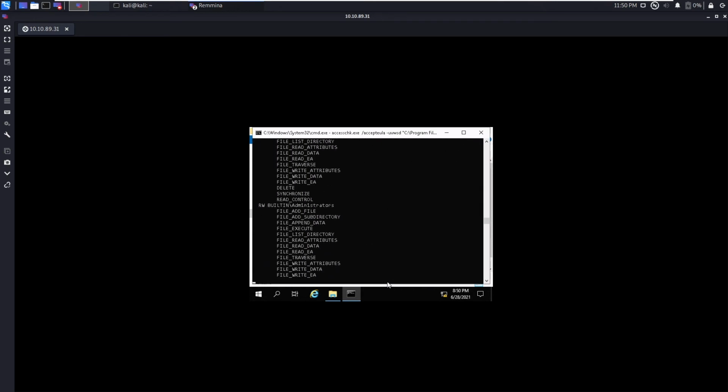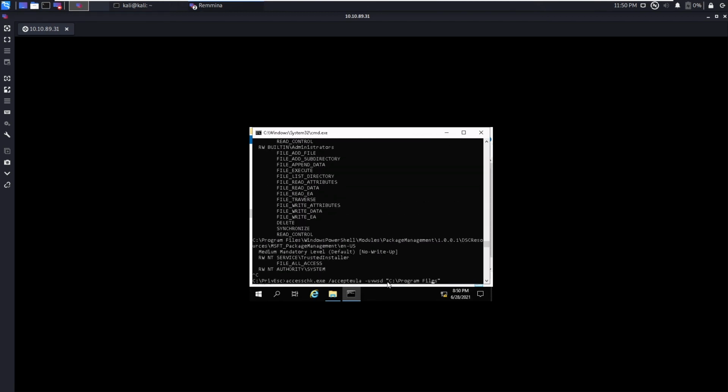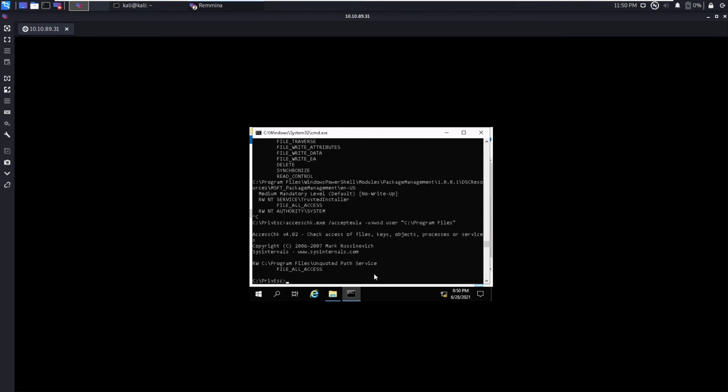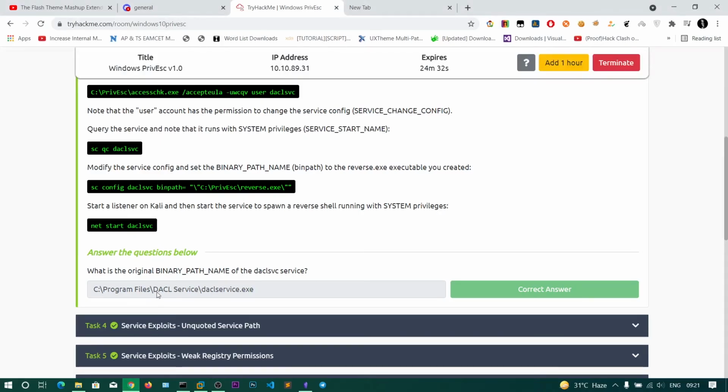Okay, you can see there are a lot of directories. So I think I can filter using this username. So we are the user. So in your Windows, if the username is arrow or some other username, you need to put this one. So for me, the directory I can write is C:\Program Files, unquoted path service. Okay, so that is what we will be doing next.